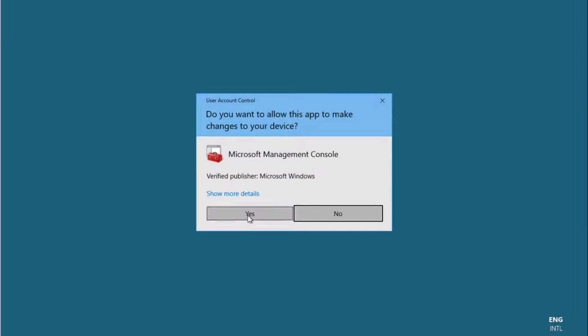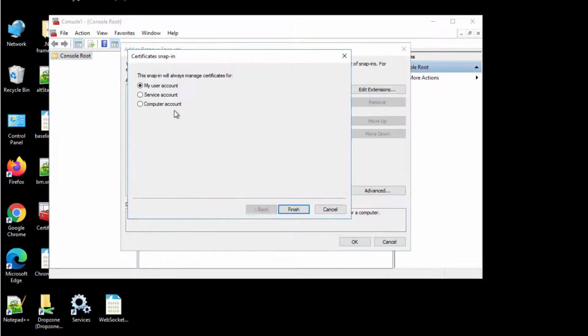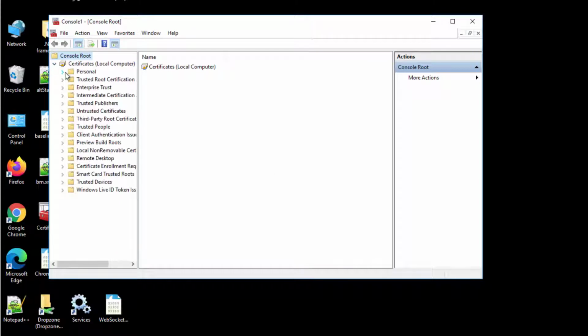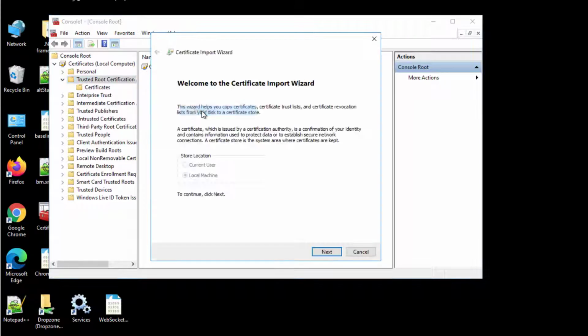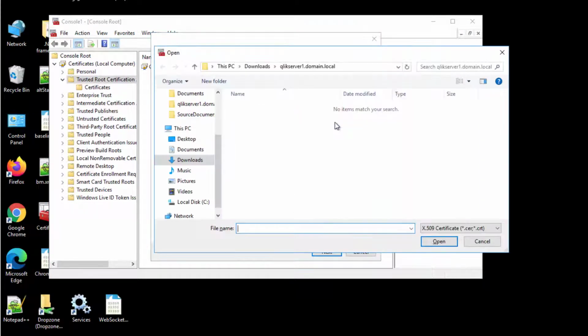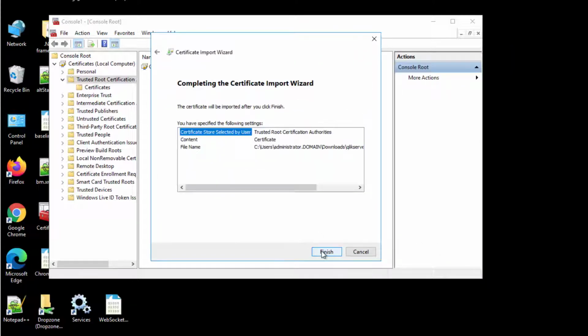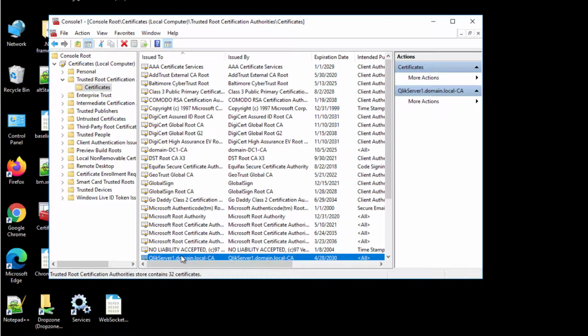Open the MMC and add the certificate snap-in for managing the computer account. Under Certificates Local Computer, right-click Trusted Root Certification Authorities, All Tasks, then Import. Go through the steps to import the certificate, then confirm that the certificate gets listed under the Trusted Root Certification Authorities store.